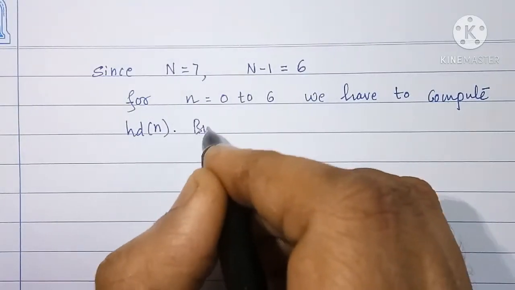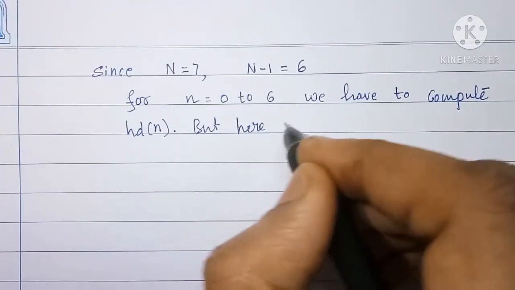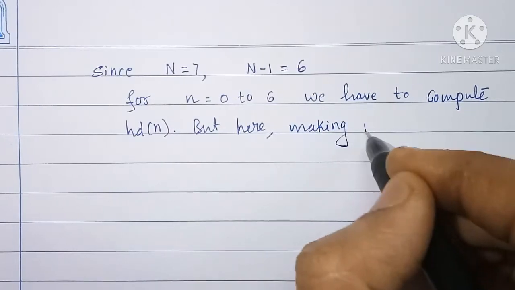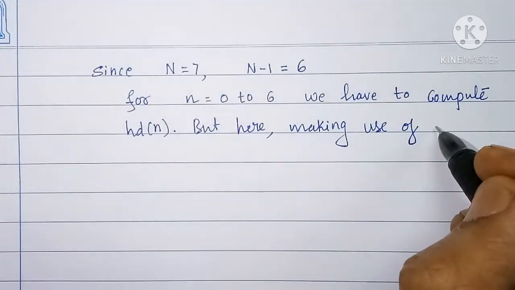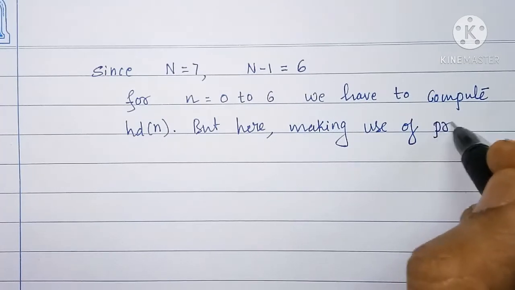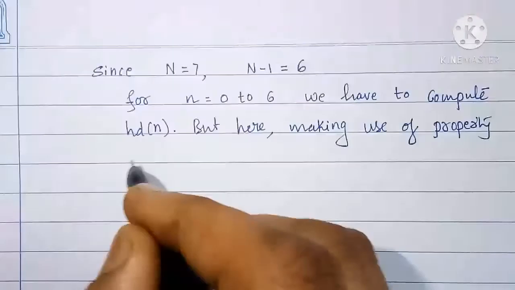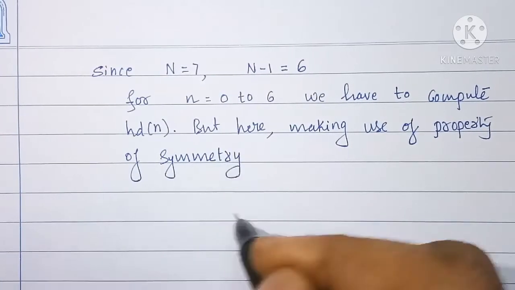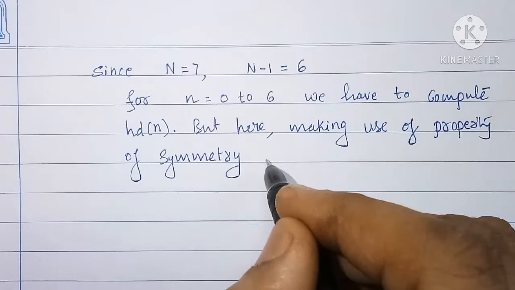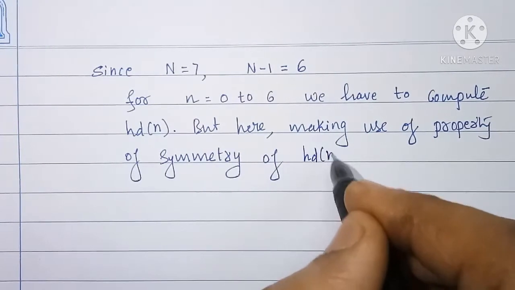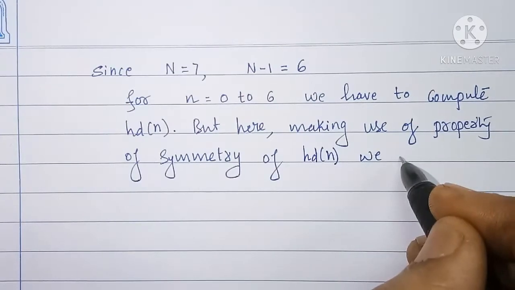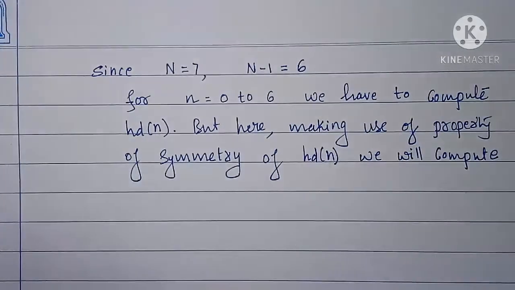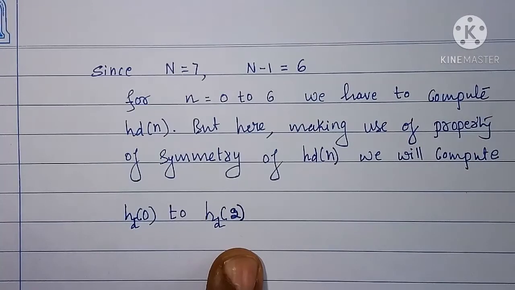But here, making use of the property of symmetry of HD of n, we will compute first HD of 0 to HD of 2,